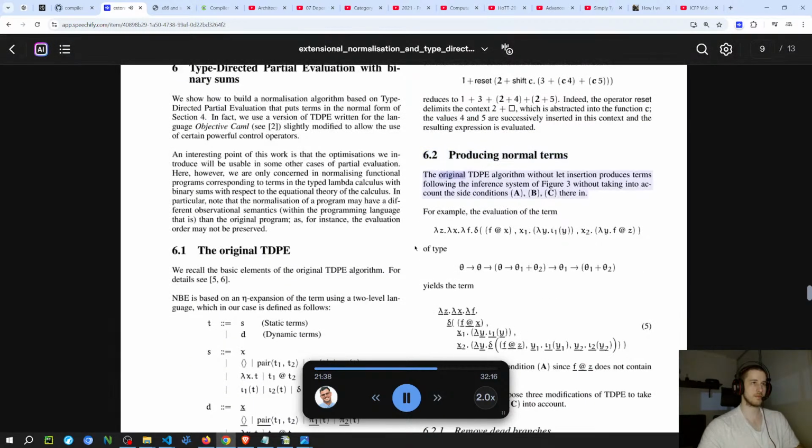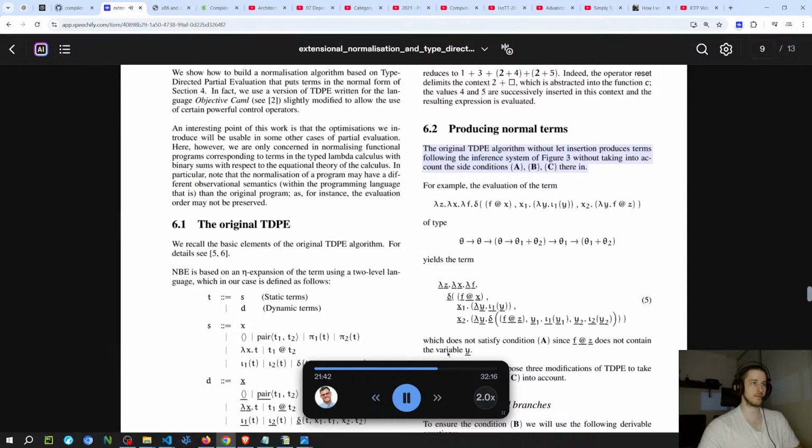6.2 Producing normal terms. The original TDPE algorithm without let insertion produces terms following the inference system of Figure 3, without taking into account the side